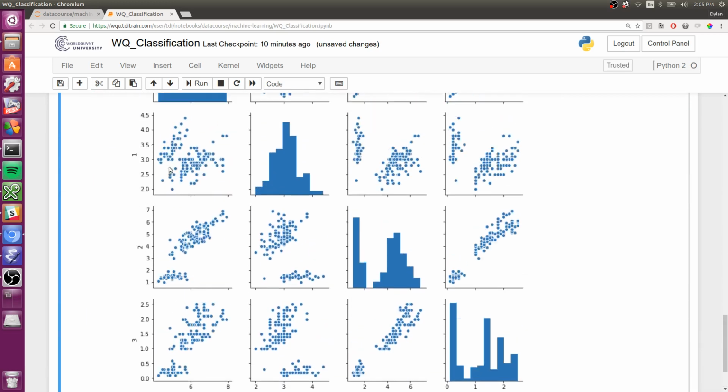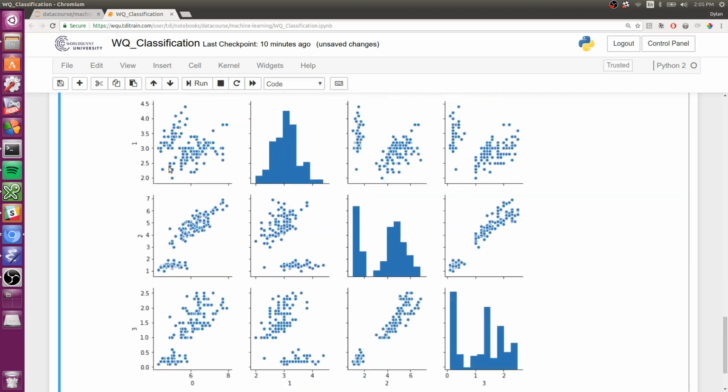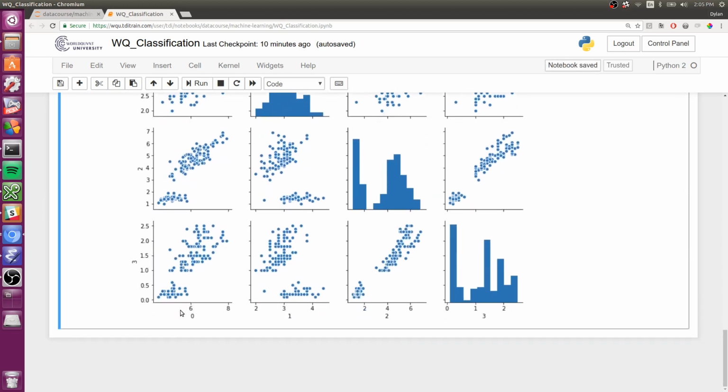So if we look, for instance, at feature 3 versus feature 0, we see the distribution of points in